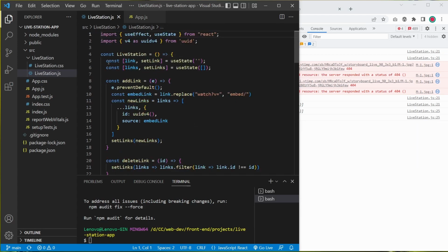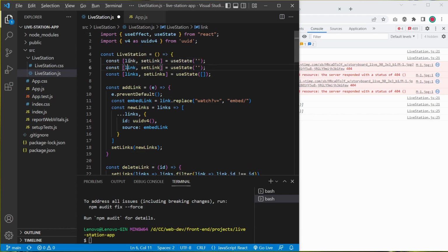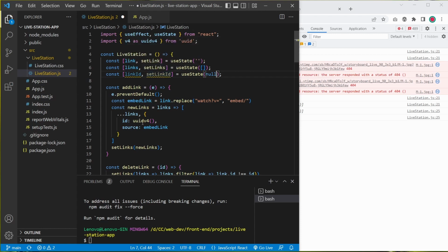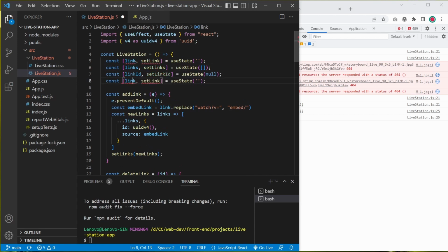So here, what I'm going to say, link ID, and then set link ID, and it's going to be null at first. So this is the link ID. Now let's add one more for the link itself. It's going to be actually a new edited link. So here, the new edited link is going to be